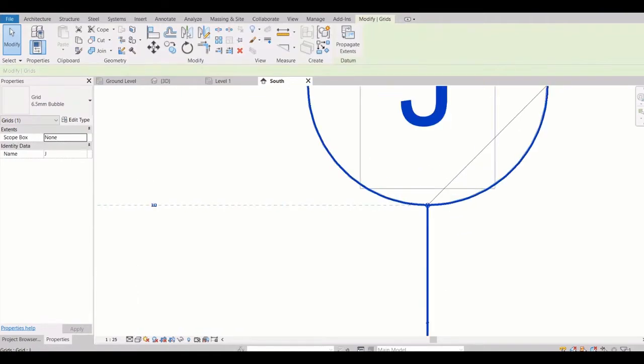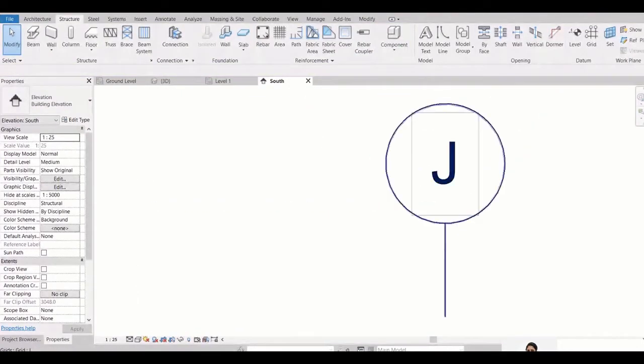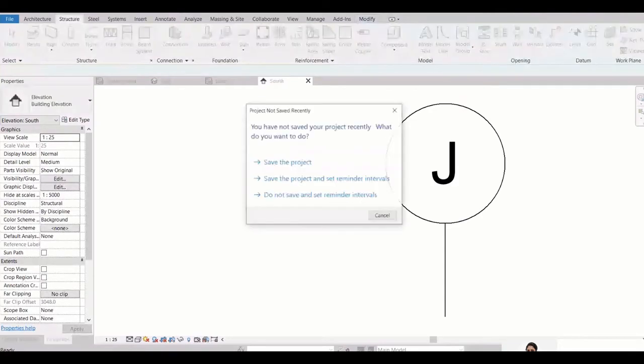So what you can do, you can see this bigger dot.